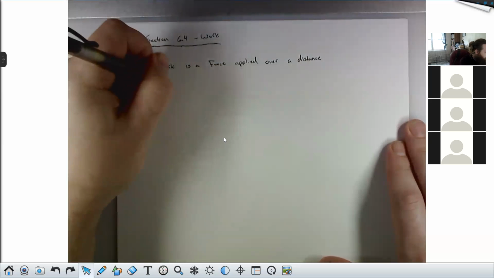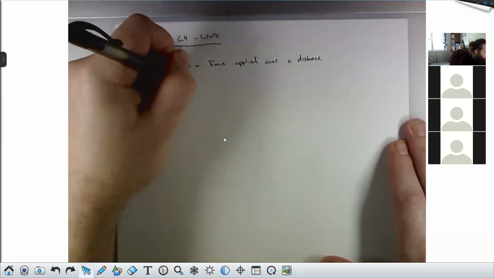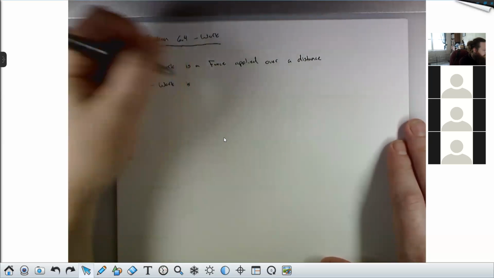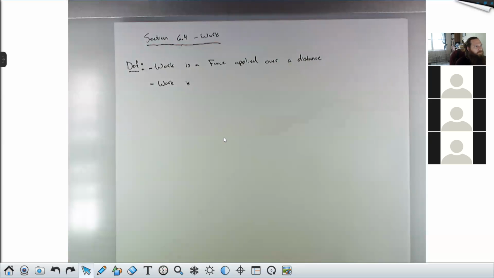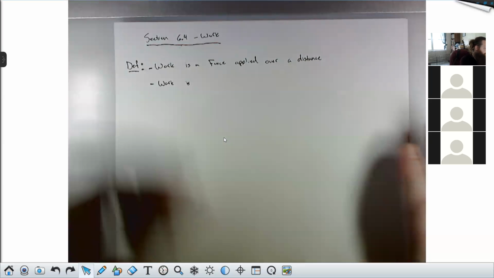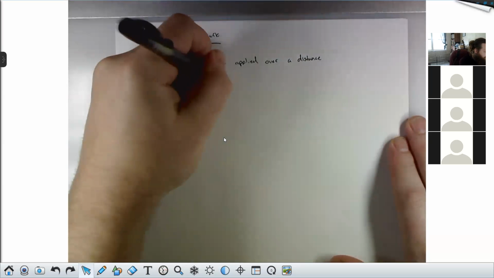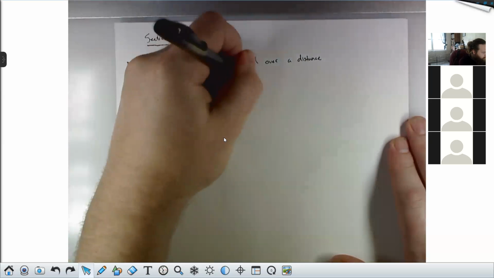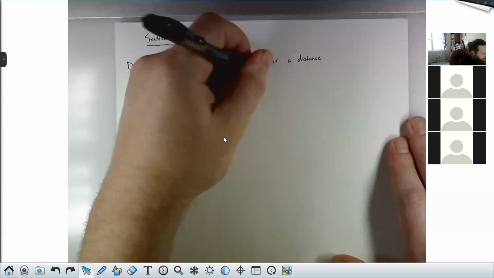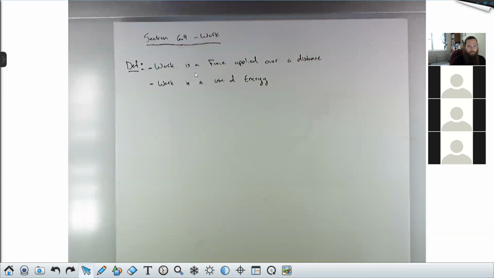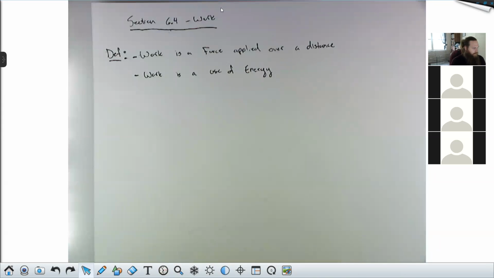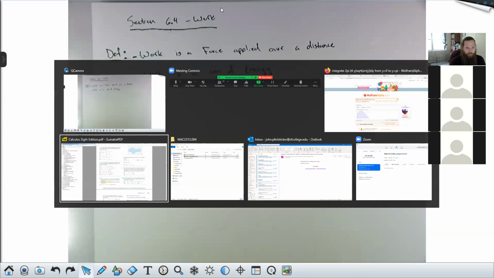Or you could say work is a use of energy. And each of these words has a particular meaning in physics. So energy is sometimes defined as the ability to do work. If I left that as the definition, it would be circular. The definition that's more useful for us is a force applied over a distance. The definition that's in your textbook is,